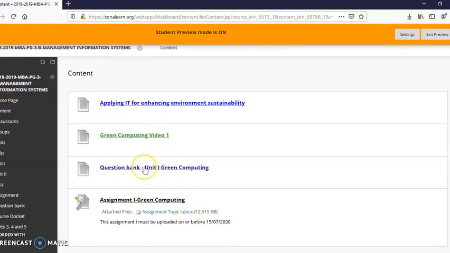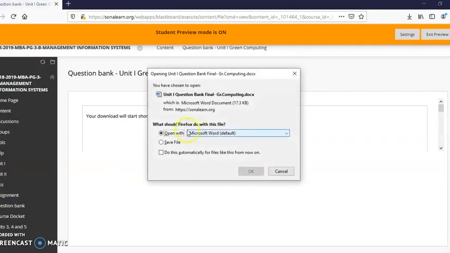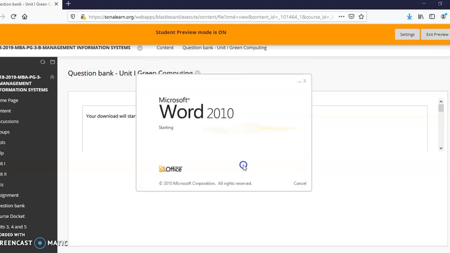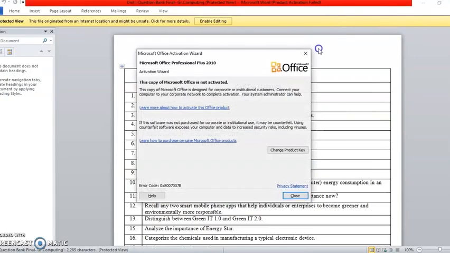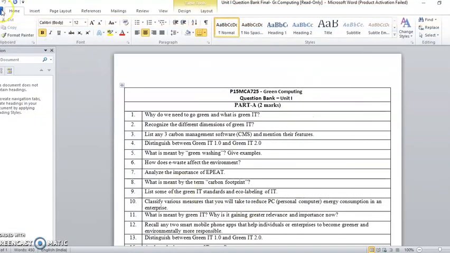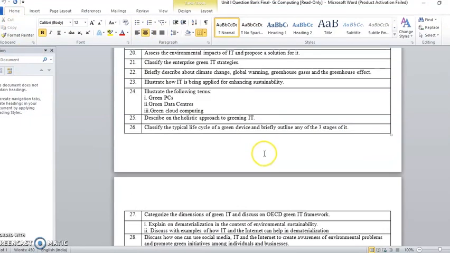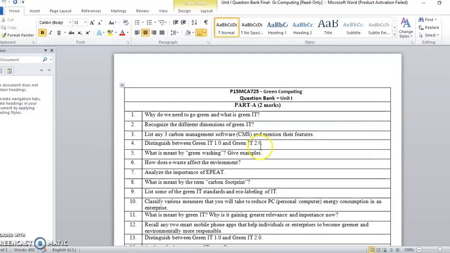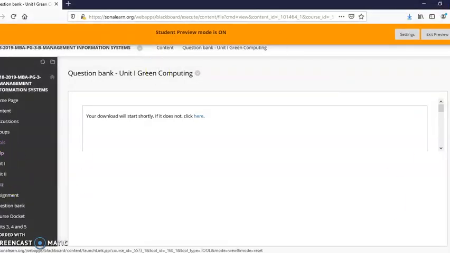Here he can now view the question bank. He can open the question bank and save it to his specified folder. So he can access any of the content that we upload.